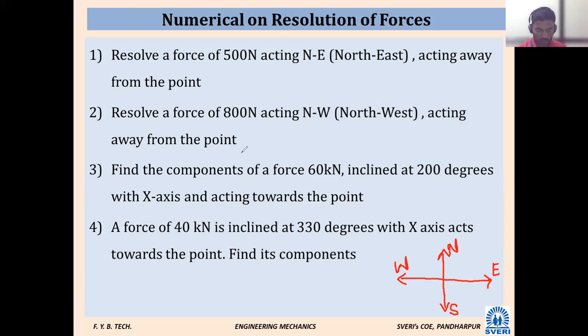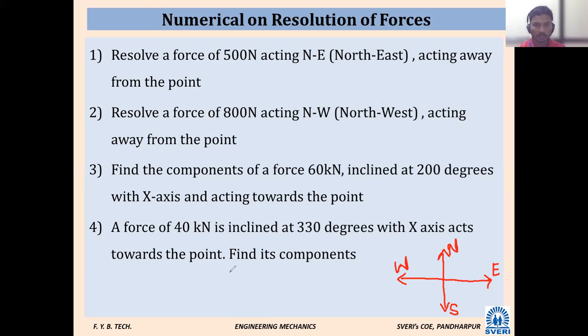Okay. So you can call these problems on resolution of a force in principal directions. So let us see one, problem number 1. What is told? Resolve a force. Who will read loudly? Let me check: are you attending the lecture? I will give the opportunity to